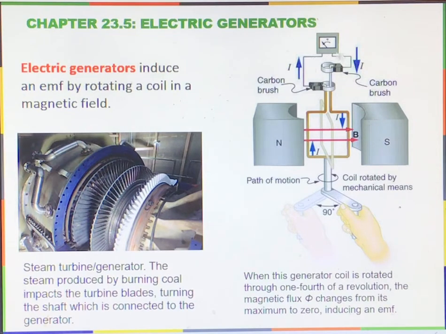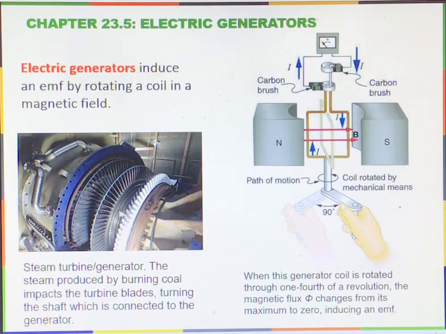So again, this is called Faraday's law. The picture that you see on the left side is just an example. This is an example of a steam turbine generator. Again, this works by using steam. The steam is produced by burning coal, and then it's going to be used to